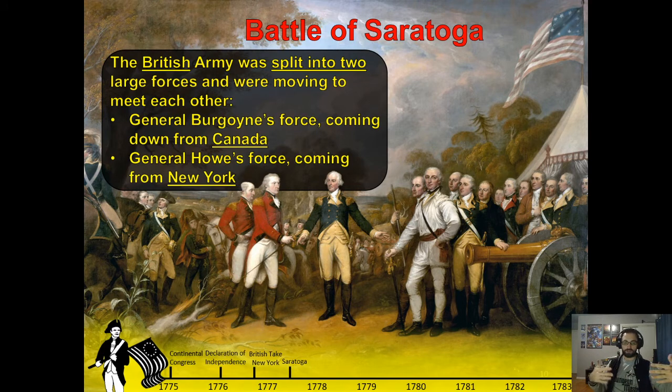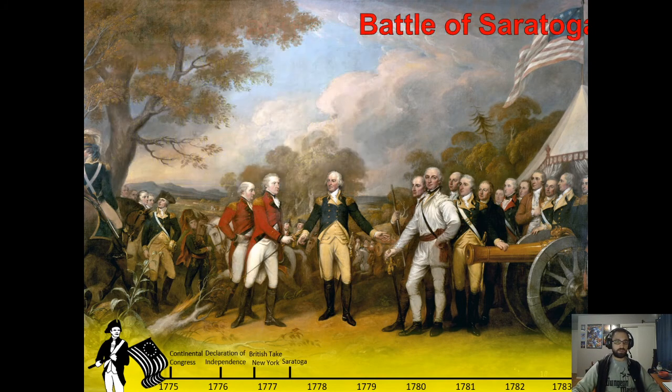They would be able to blockade it, and then that would help them win the war by keeping the colonies separated, not being able to resupply each other and move freely between the north and the south. And so this was the British plan. So we have these two forces, they're moving towards each other to meet, and this is what they want to do. Okay. Then,